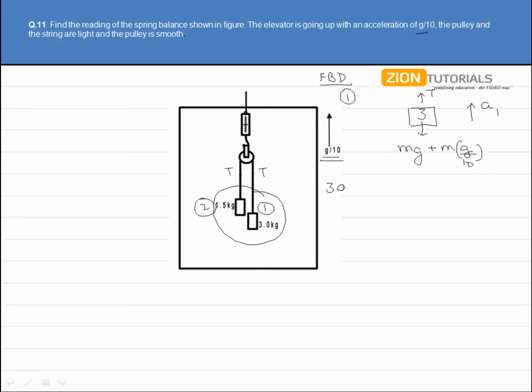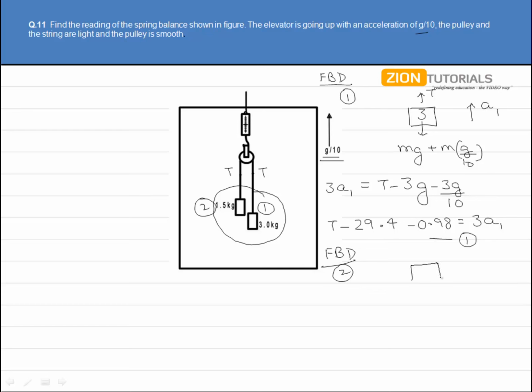Forming the equation, we have 3a1 equals T minus 3g minus 3g by 10. Putting the values over here, we get T minus 29.4 minus 0.98 equals 3a1. Marking it as equation number 1, and proceeding to the free body diagram of the second block,